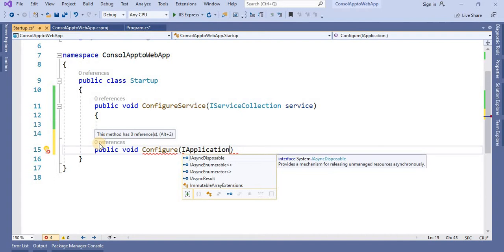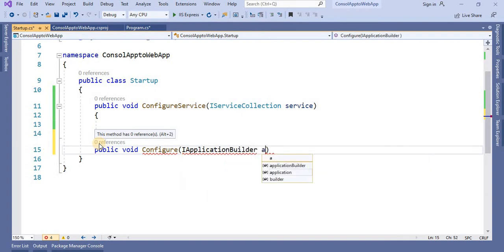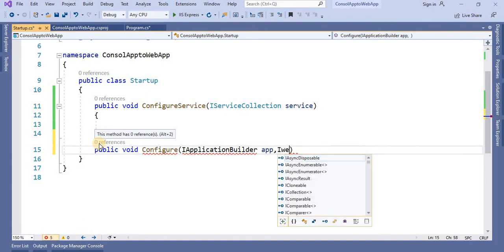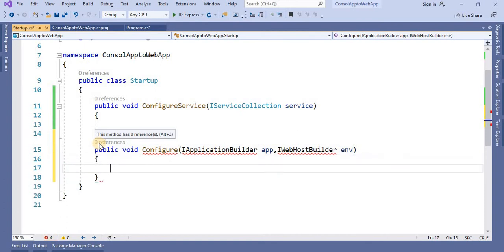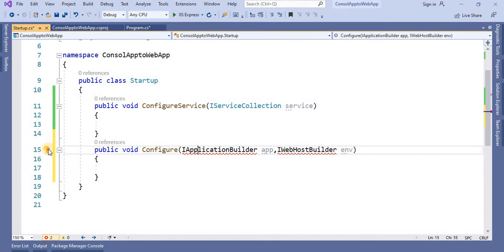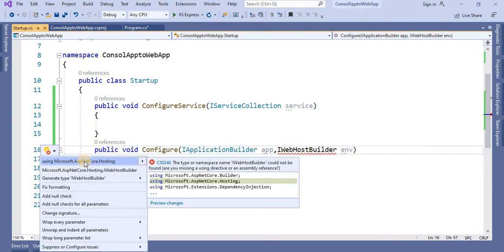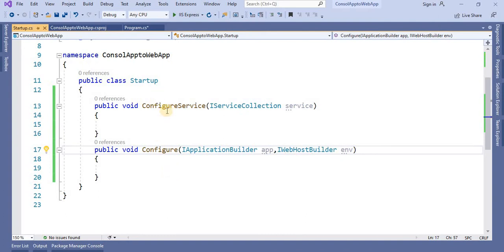Let's give this a name, and next it takes the IWebHostBuilder. Let's take the namespaces which are required. So these are the namespaces required for these two methods.